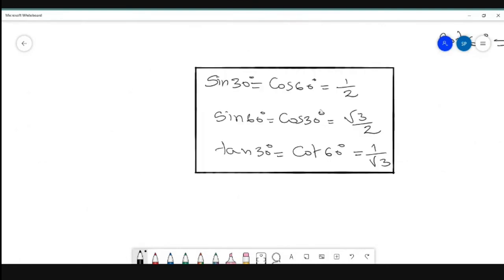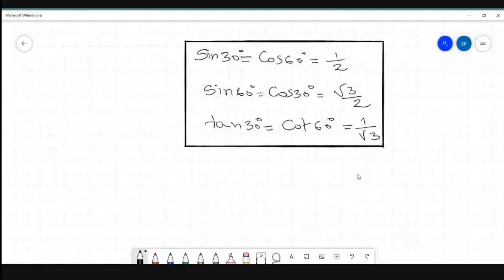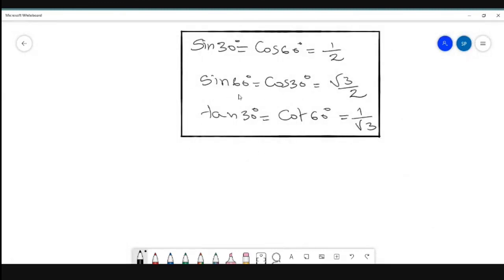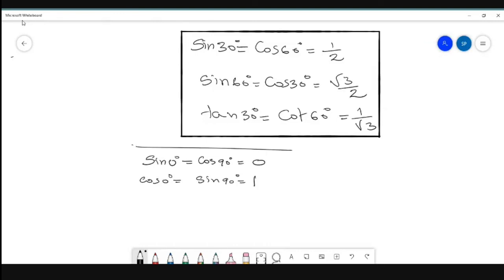Now sine 30 equal to cos 60 equal to 1 by 2, sine 60 equal to cos 30 equal to root 3 by 2, and tan 30 equal to cot 60 equal to 1 by root 3. These are the trigonometric ratios. If you know these values, you will be able to find out the reciprocals of each of these ratios. And remember that sine 0 equal to cos 90 equal to 0, and cos 0 equal to sine 90, that is equal to 1. Remember